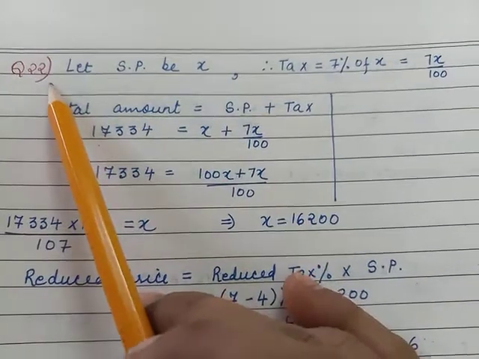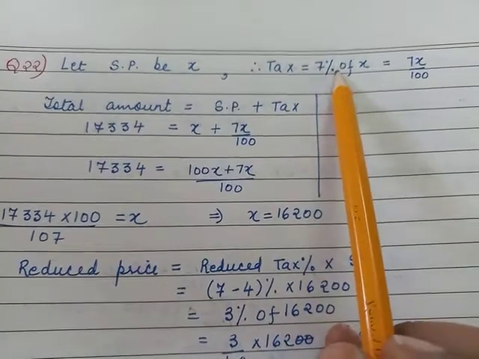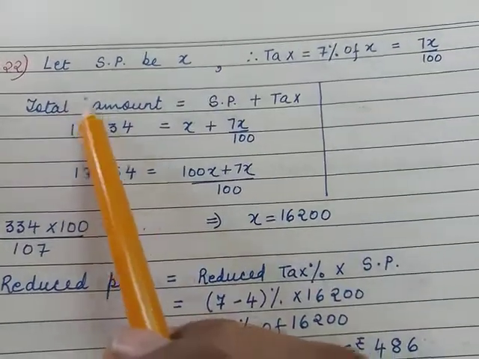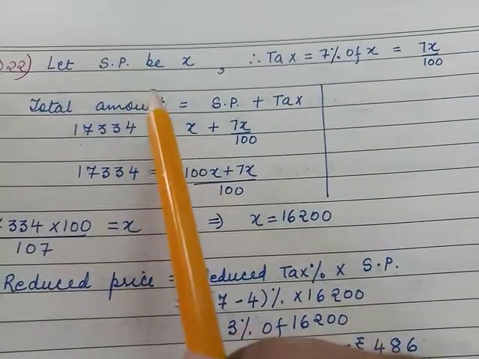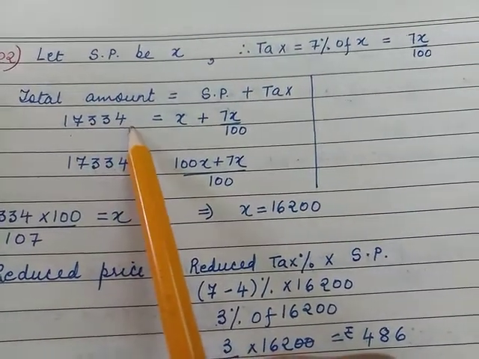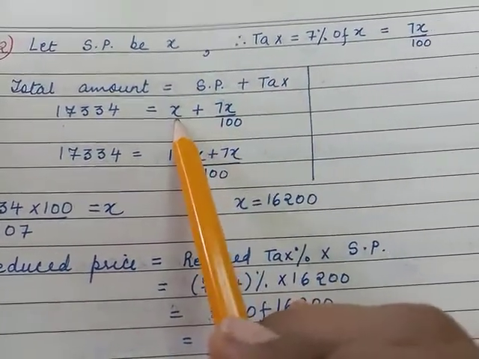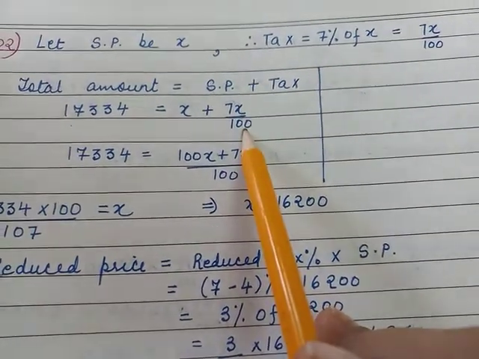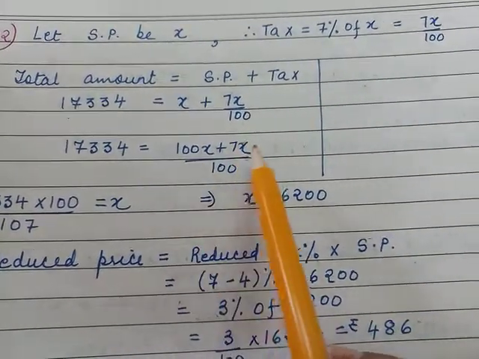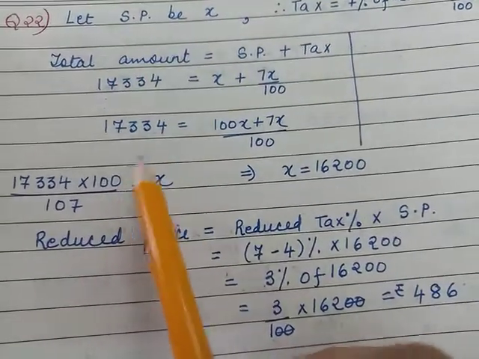Now let's have a look at its solution. Let the selling price be x. Tax is 7% in the first case, so that becomes 7x by 100. Now the total amount paid in the first case, when the 7% tax is there, is 17,334. So that comprises selling price plus tax. Selling price is x, tax is 7x by 100. So when we add both, 100 plus 7 will give you 107x upon 100, is equal to